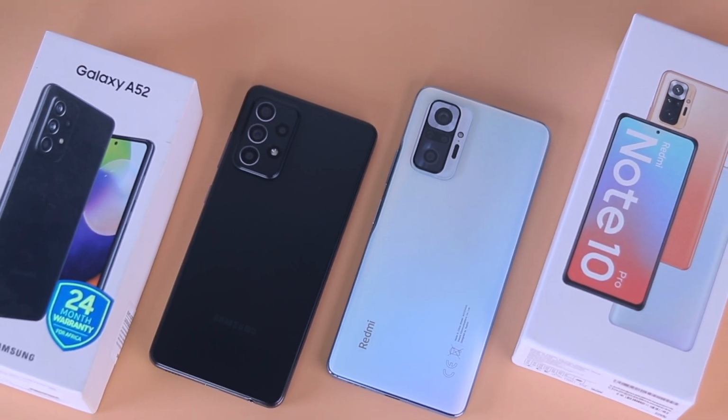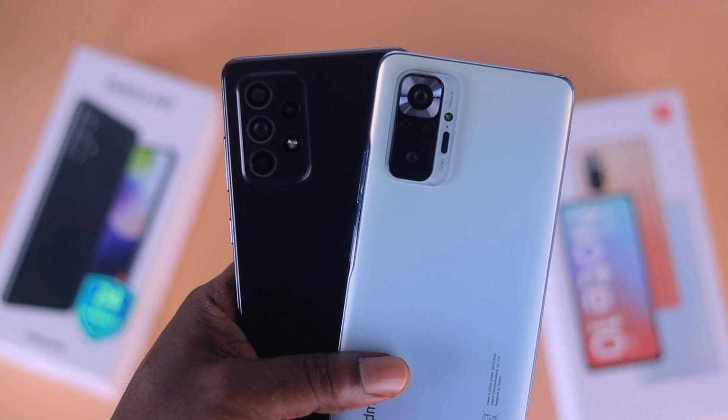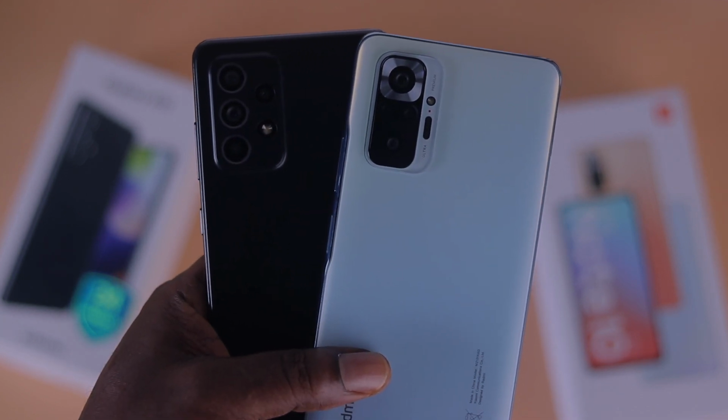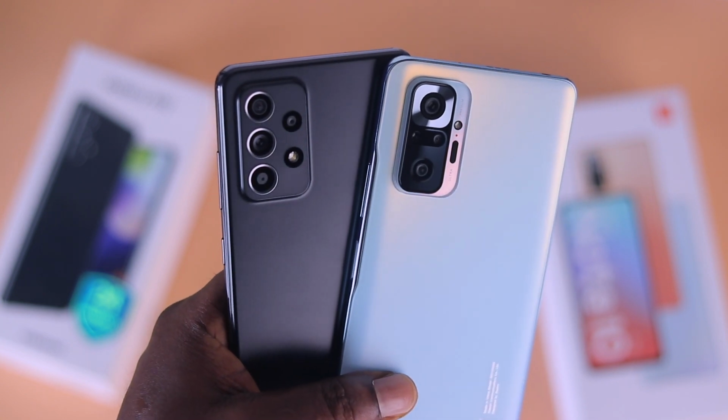So in this video I'll be comparing the cameras on two of the best mid-range smartphones that money can buy today: the Xiaomi Redmi Note 10 Pro and the Samsung Galaxy A52. As it currently stands, I personally consider these two to be the best mid-range smartphones that are very affordable yet